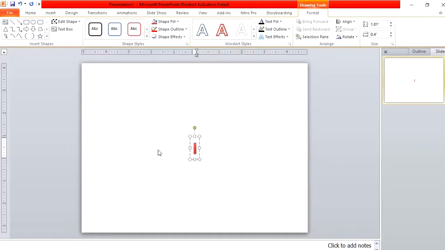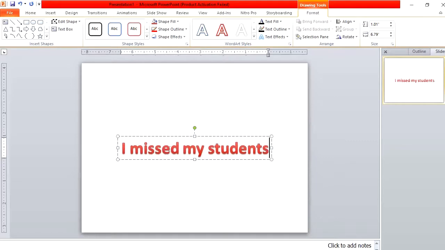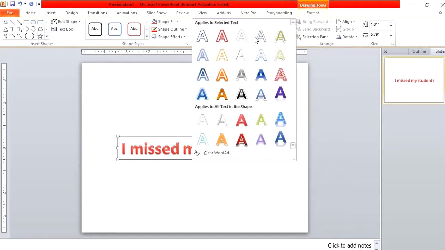I miss my students. Okay, I need to change the alignment of my word art from Align, make it centered and in the middle. Select again. I need to change the style. From here you can change the style. Okay,